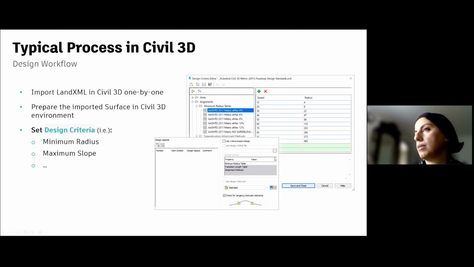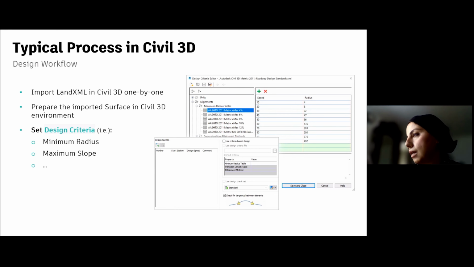All of these parameters need to meet specific requirements. And the supplier always has their own requirements because they are going to deliver those turbines to the site. So at the beginning, we take the information from the supplier and set the design criteria, including the slopes, the K value, the radius, the turning radius, the curve length, etc.